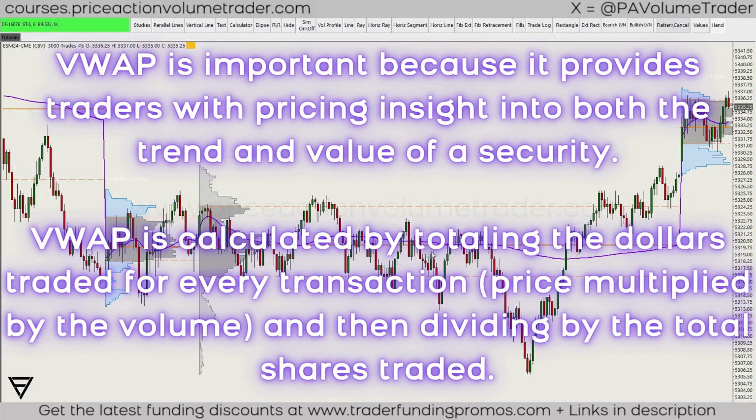VWAP is important because it provides traders with pricing insight into both the trend and the value of a security. The VWAP is calculated by totaling the dollars traded for every transaction, so price multiplied by volume, and then we divide that by the total shares that were traded. So we're basically measuring what volume of transactions are happening at each moment on a specific